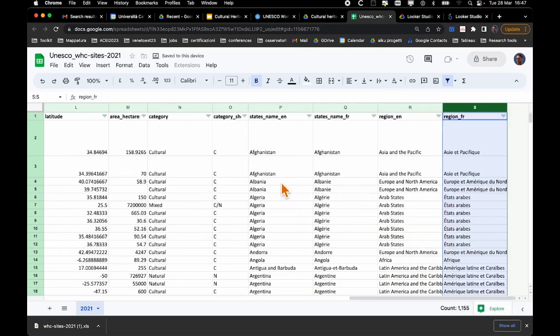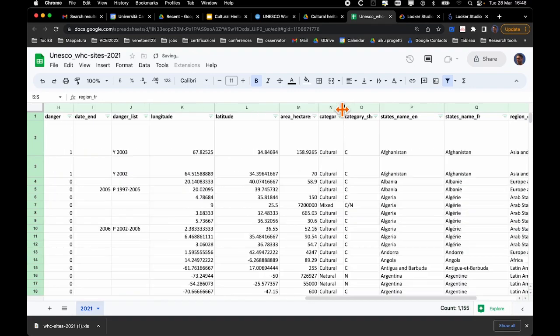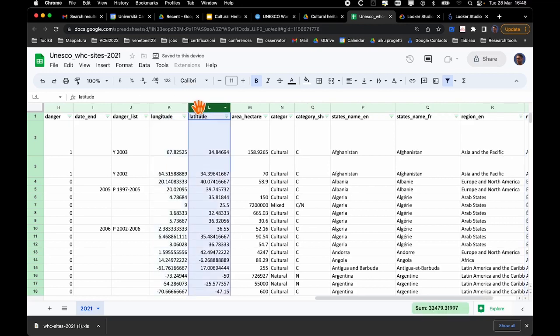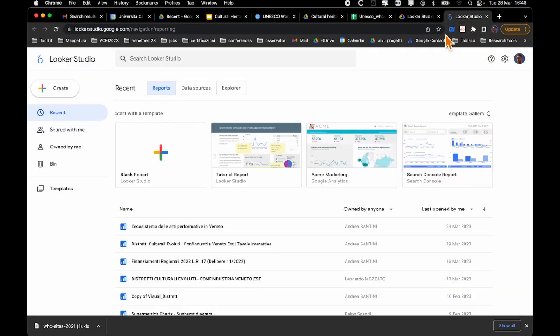Right. Now, we've done a bit of data preparation, especially because we've opened that in Google Sheets, and maybe there's some conversion issues. There's something we'll need to do with latitude and longitude before we can actually work with Google Looker Studio. So I'll show you that in just a moment. We will need to combine these 2 columns into comma separated values, okay? Because that's the way Looker Studio recognizes